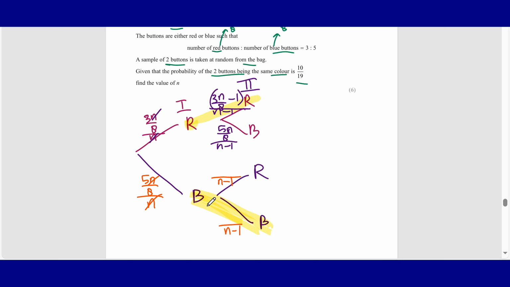And what about the upper one? The upper one is blue. If the first is blue, the red will not be affected, so the red will stay the same, 3n/8. What about the blue? If the first is blue and the second is blue, the blue will be affected, so the blue will be 5n/8 minus 1. Okay, now